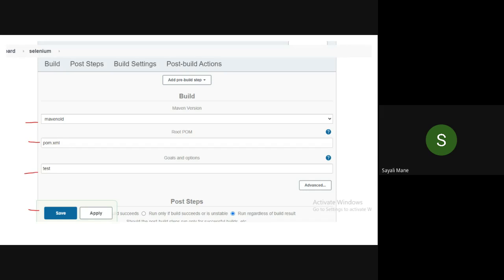You can fill this root POM and goal and options and click on save button.